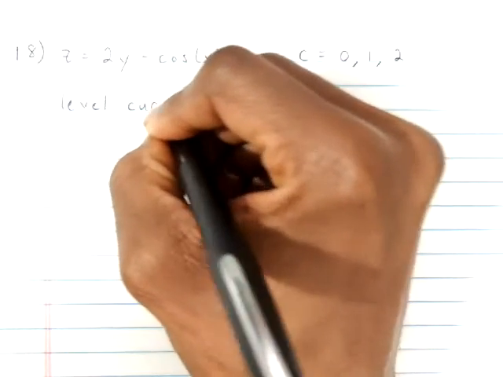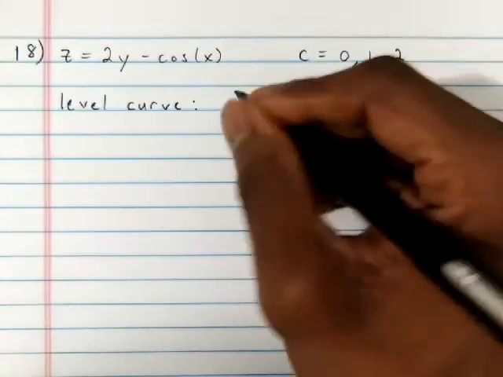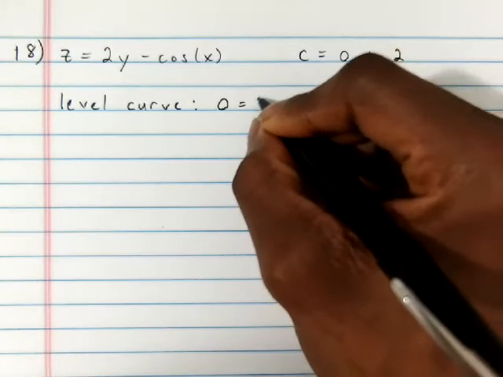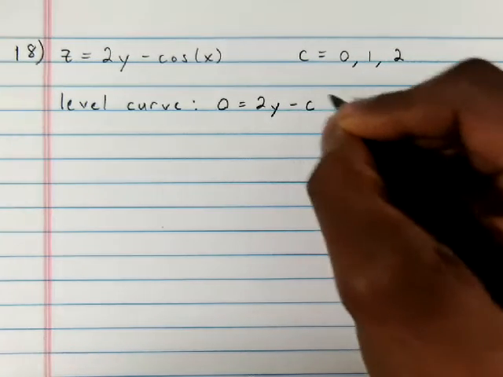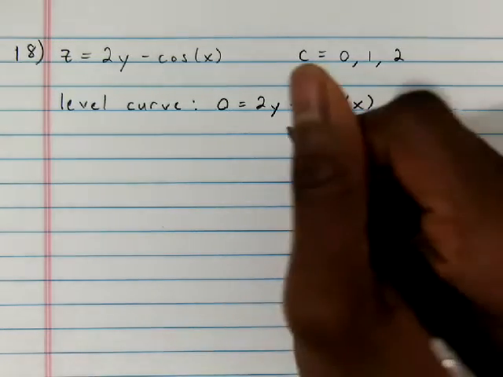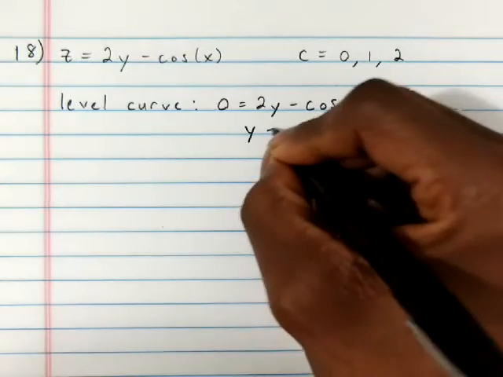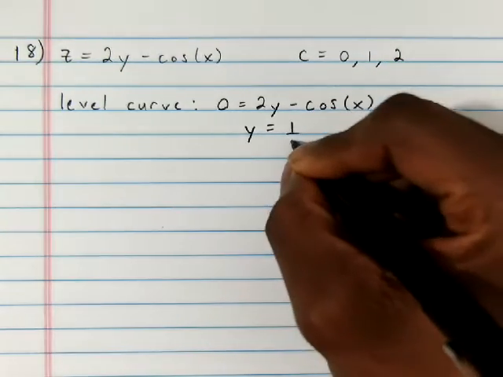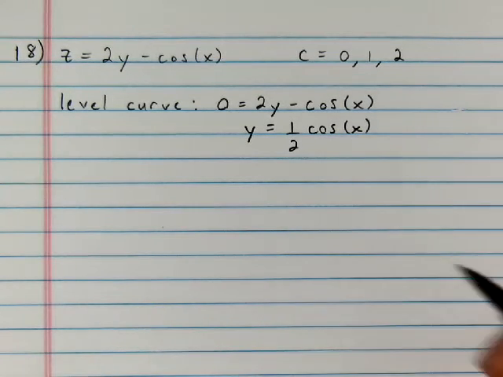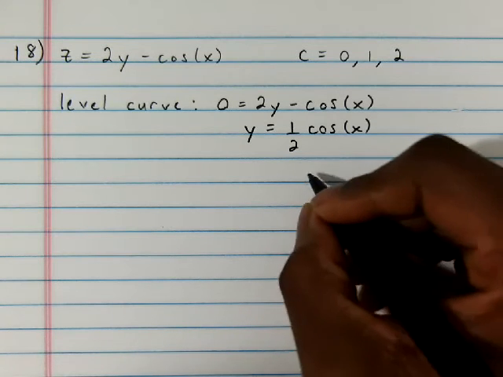So the level curve for z equals 0. You can do it the same way I did it before, where you just plug in 0 for z. 0 equals 2y minus cosine of x. And then we want this in a more familiar form, so we'll solve this for y. So 2y equals cosine of x, or y equals 1/2 cosine of x. Then, sorry, I'm losing my voice. Sounds like the next level curve